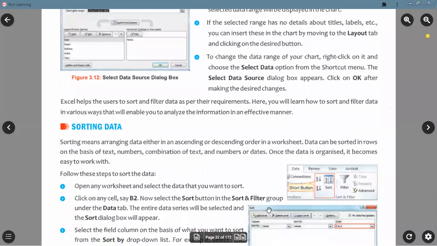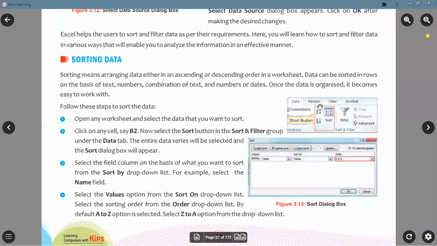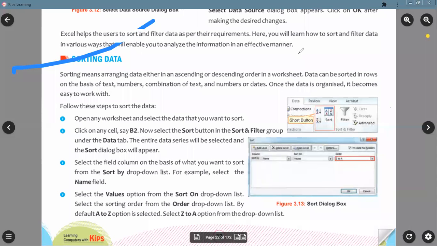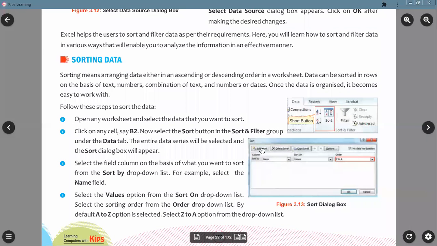Look, same sorting, same sort by, then we can add level, and then by. Right, students? So this is sorting.